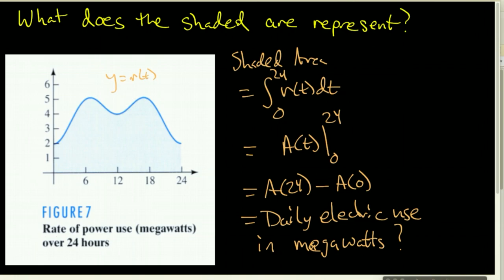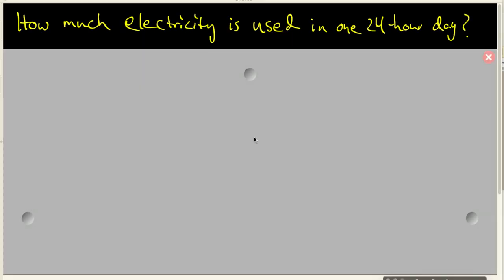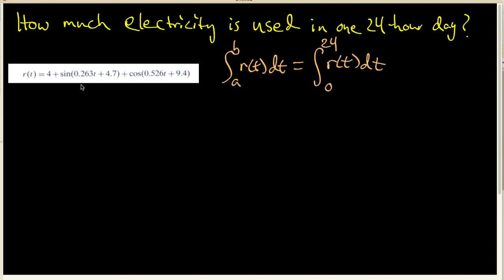Now I want to go to that third question that I posed as well. How much electricity is used in one 24-hour day? Well, we already know how to compute that. We want to be looking at the integral between a and b of r of t dt, and a is actually 0 and b is 24, and r of t is that function that is shown right here. So the total electricity used in one day